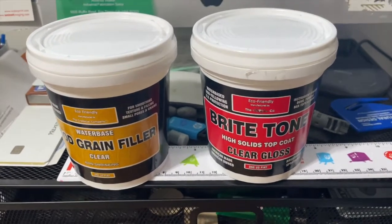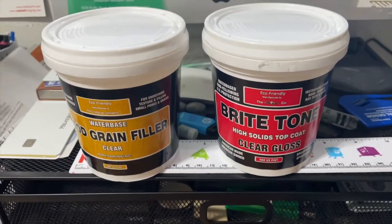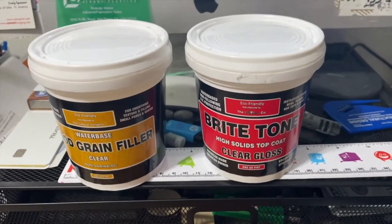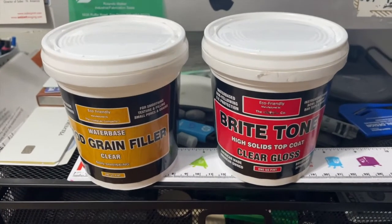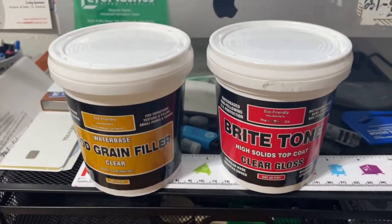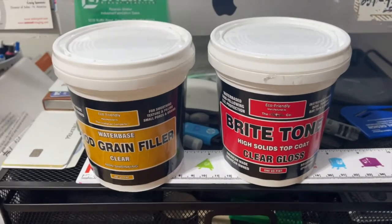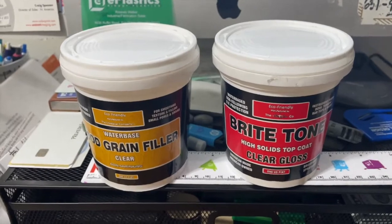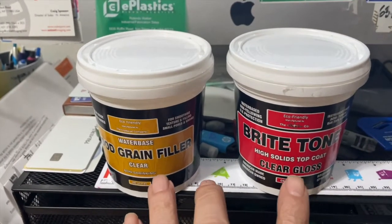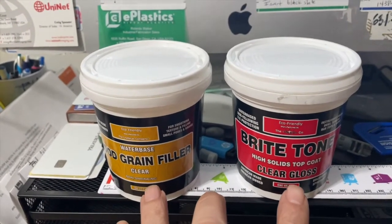So I wanted to introduce to you two new products that we've been working with for the past week. I didn't want to say anything because you know how I am. I don't promote something unless I have tested it. But I'll tell you something, I'm very, very impressed. And these two products, among many on the website that I'm going to give you the link to,